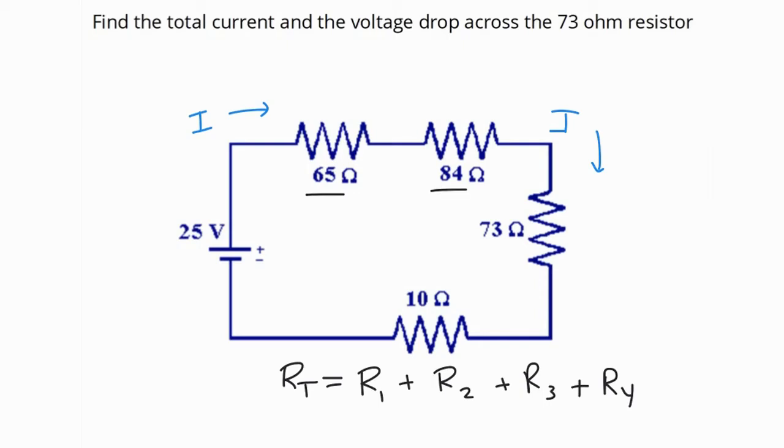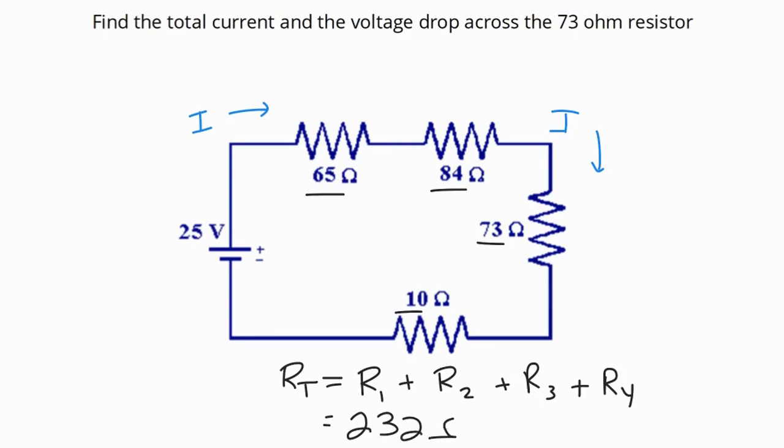So 65 plus 84 plus 73 plus 10 is my total resistance for this circuit. The total resistance for this circuit is